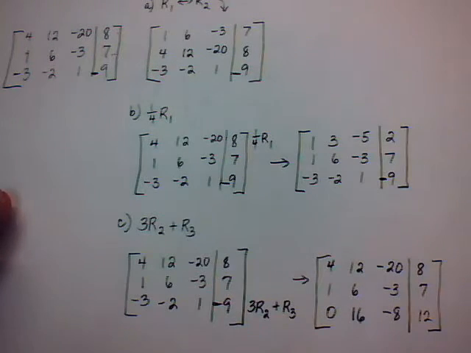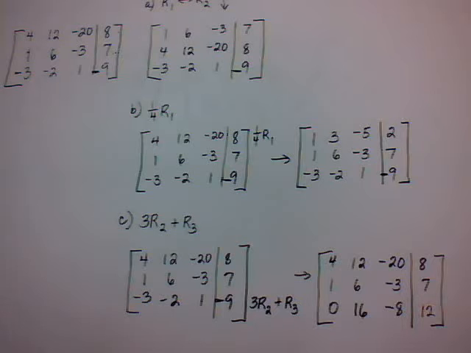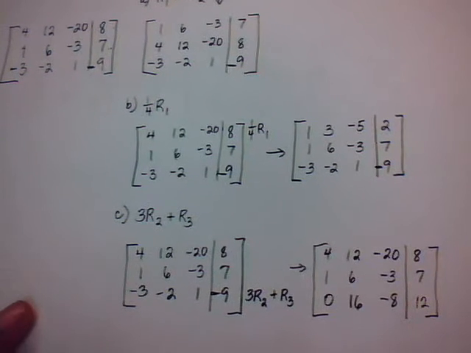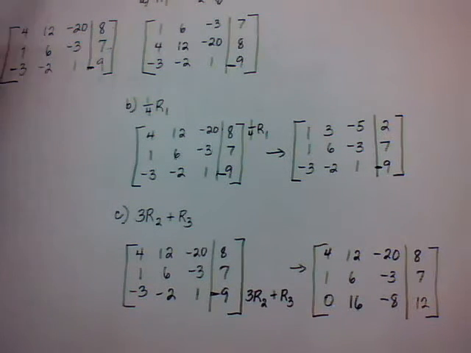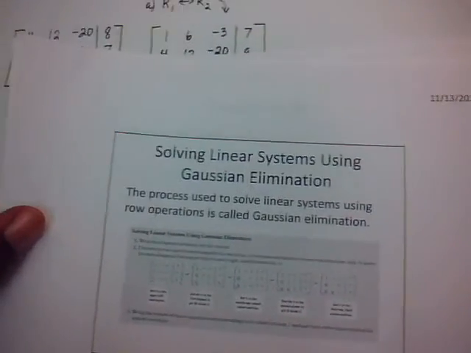Okay. But that's how you would do the matrix row operations here. Okay. And do pay close attention to your signs, because if you leave those signs off, you can easily get wrong answers there. Okay. All right, next we'll look at